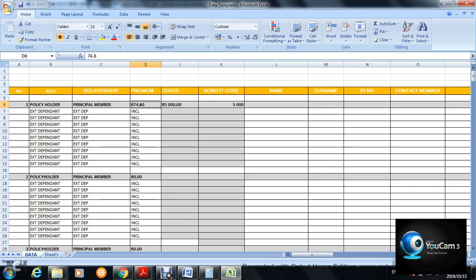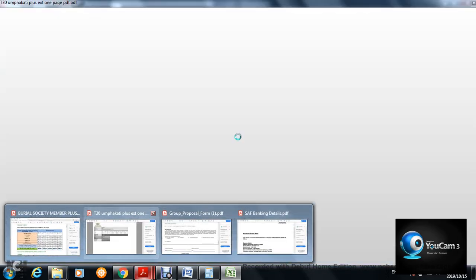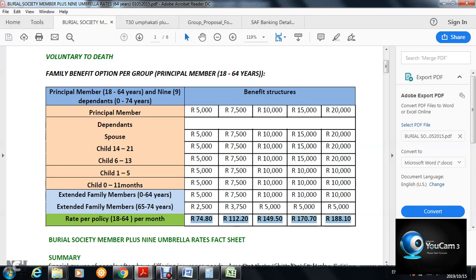Where do you get this? You got it from the rate guide, which we were discussing. Now we're using member plus 9. This is the rate, the price. This is the price which we put there. If, for example, it was a 10,000 cover, I'm giving an example now, the price will be